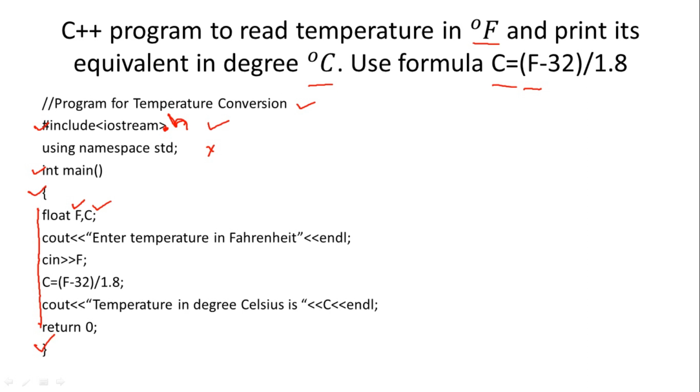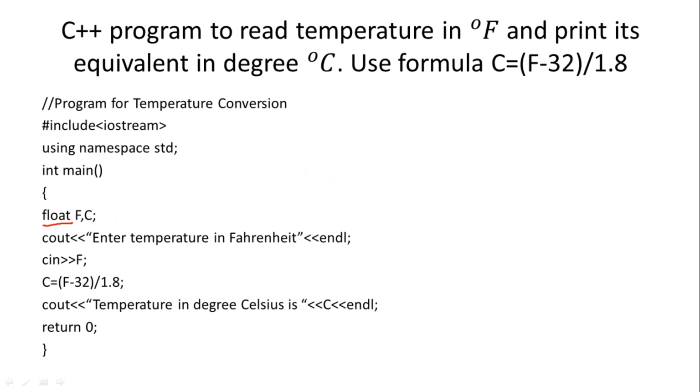As many variables as you are using, either they can be declared on one line separated by commas and lastly a semicolon, or they can also be declared separately using a single statement. For example, this can also be written as float C semicolon, float F semicolon. This is also correct. So this is equivalent to this statement. Okay, now the temperature in Fahrenheit and Celsius. After conversion, it is expected that the result may be a fraction value. That's why instead of int, float is used as the data type.